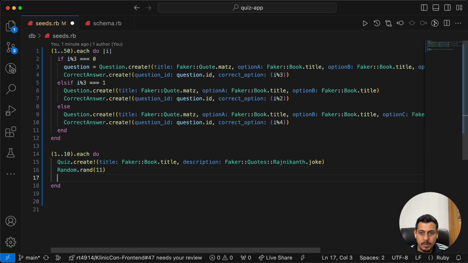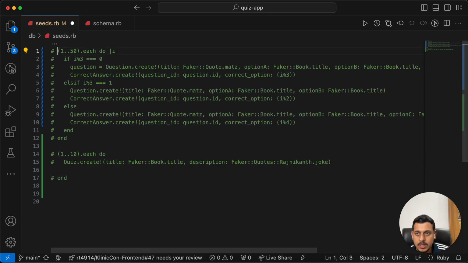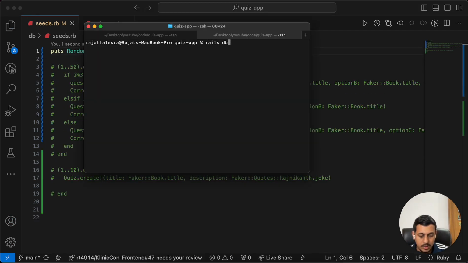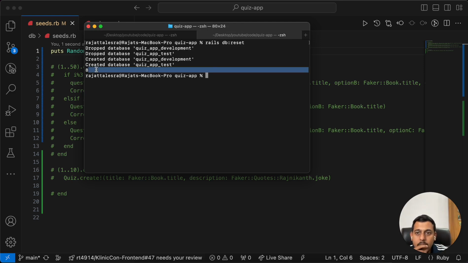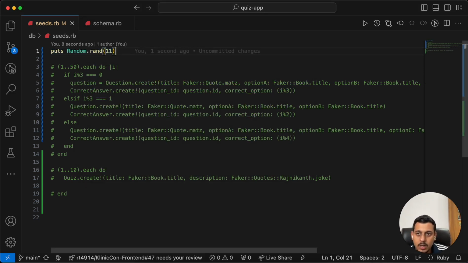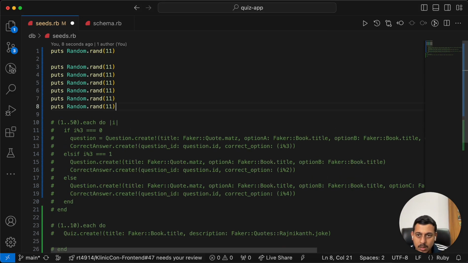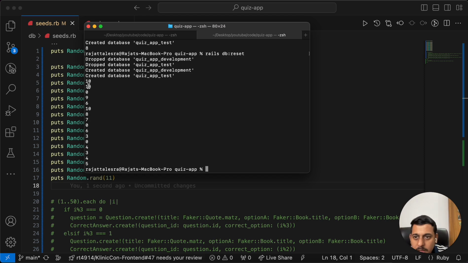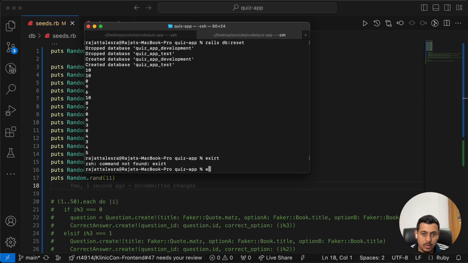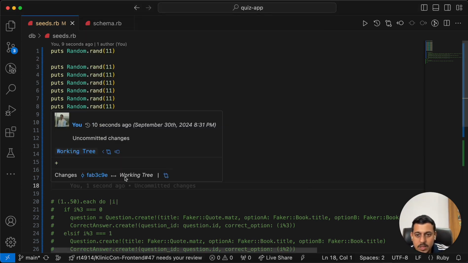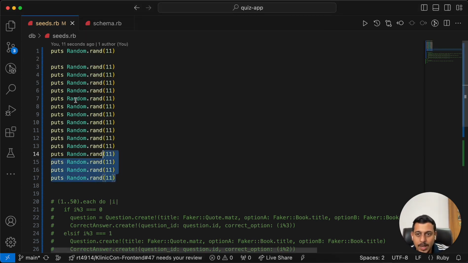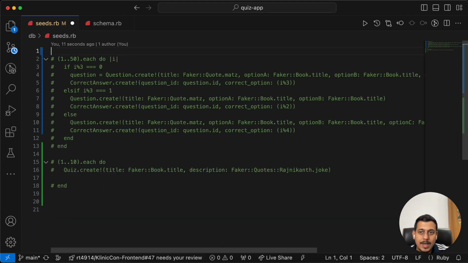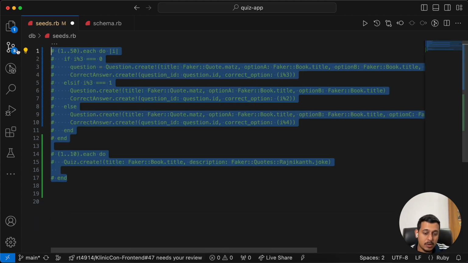Okay, let's not worry about this. Maybe what I can do is I can use puts. Let me quickly understand this. Rails DB reset. If I do it a couple of times, I just want to understand what will be the minimum and maximum value. So I think 0 to 10. Okay, great. So that was my doubt, that it will start with 0 only, because most programming languages do that. So if it is starting with 0, the ID of any question cannot be 0,